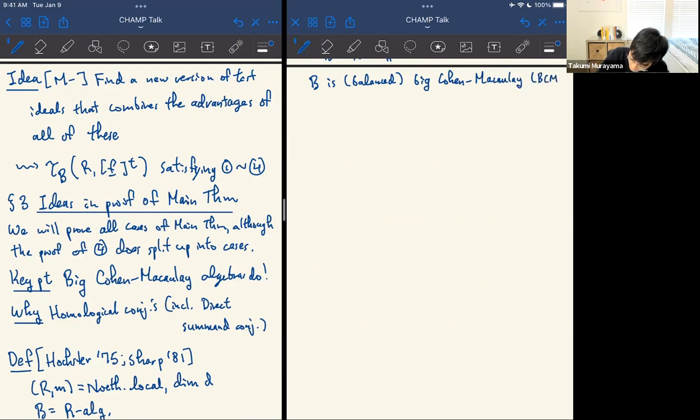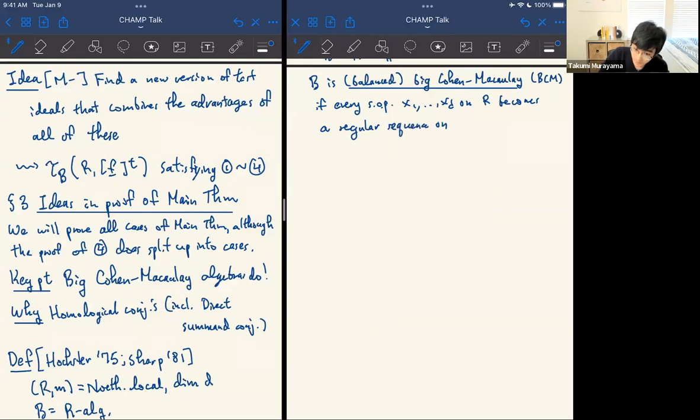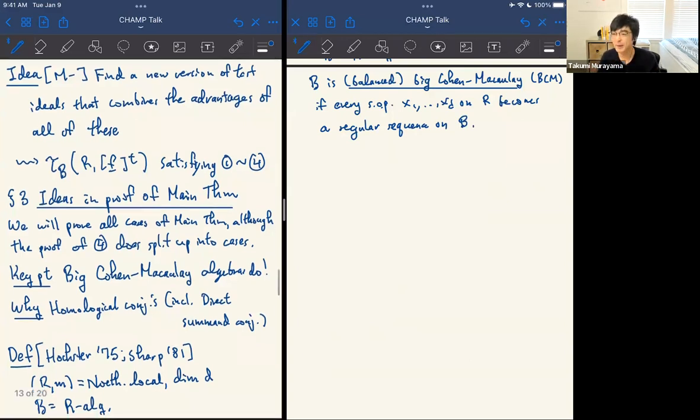So we'll abbreviate it BCM. If every system of parameters x1 through xd on R becomes a regular sequence on B. Okay. And so there are some variants of this definition. When I say a big Cohen-Macaulay for the rest of the talk, I will mean balanced, if you worry about this type of thing. And let me tell you the key theorem here,